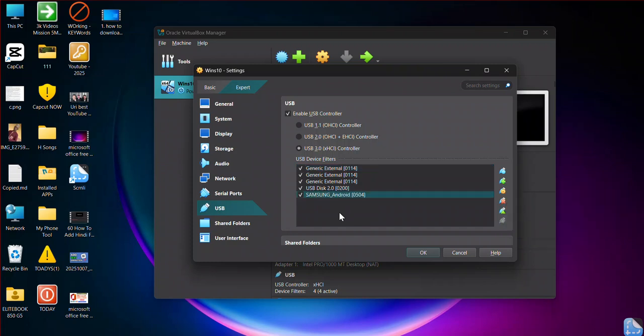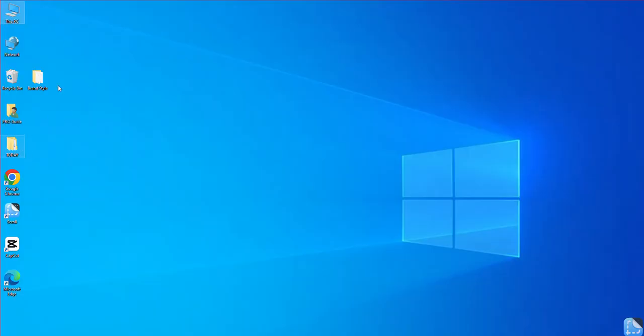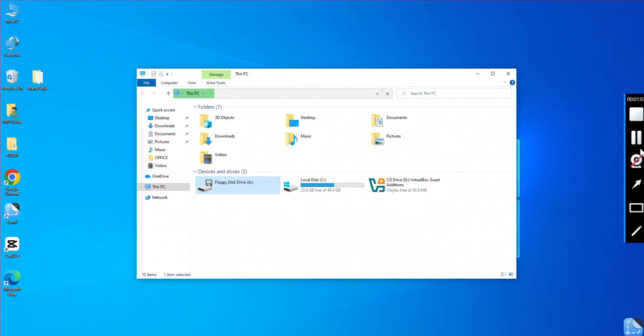Just add the USB. After you add the USB like this, now go to OK. From there, now go and start your machine. After you turn on the virtual machine, go and open This PC. After you open This PC, here you'll be able to see your mobile phone that you connected. So you'll be able to see your USB that you enabled